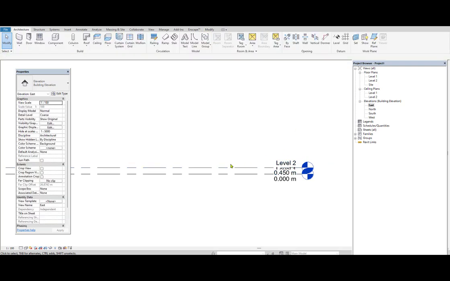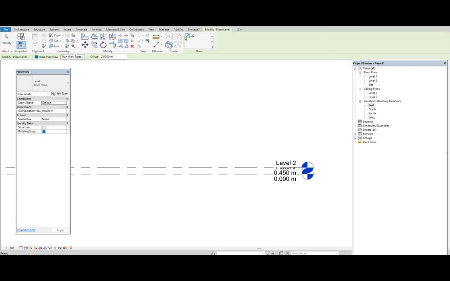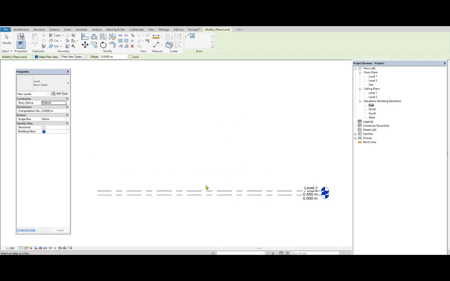Next, I have to create one more level to add a slab level. To add the slab level, make sure you are in the elevation. We are already in the elevation views, and then you click on the level option which is there in the datum panel. Next here we have the line option, and the next option is the pick line option. Line means you have to check the distance and draw it manually. Rather than doing like this, you just go with the pick line option, because already we have by default 2 levels. I want to give an offset and then add one more level.